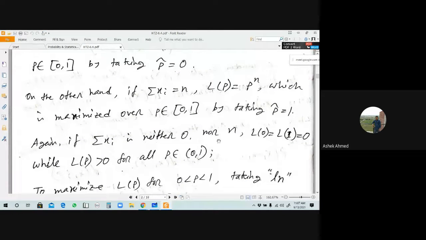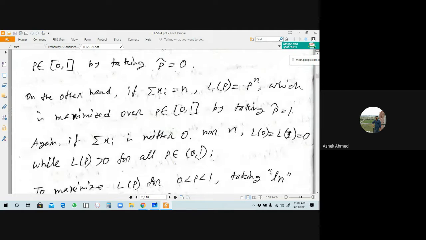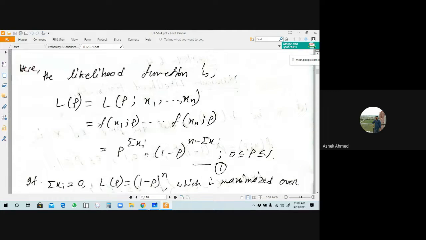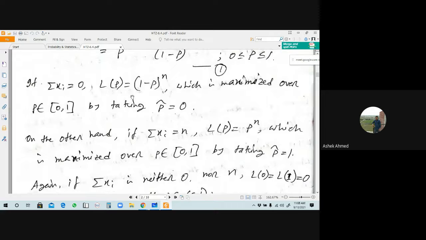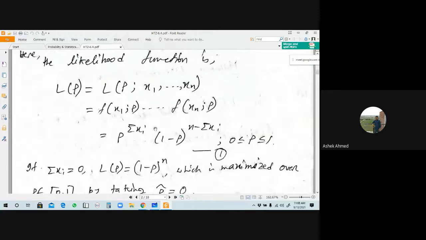Now we will consider summation of xi is neither 0 nor n. If it is neither 0 nor n, then if you substitute the values of p equals to 0 or 1, put 0 at the lower value and 1 at the upper value, then in both cases this value will be 0 here, that is given here. Now we want to find out L of p greater than 0 for all p belongs to (0, 1). What I wanted to discuss first is that we do not need these in general; they were said for understanding. So for finding maximum likelihood estimation for the function